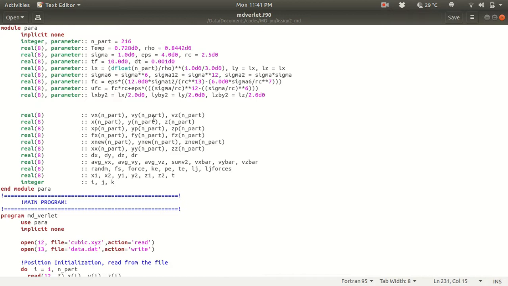There are some parts of the code that I have already described, which is basically the position initialization, and there are different types of position initialization. In 2D we can have square lattice initialization and triangular lattice initialization, and in 3D we have the simple cubic lattice initialization. I have already uploaded those lectures, and if you haven't watched them, please go through them, because that will be needed here.